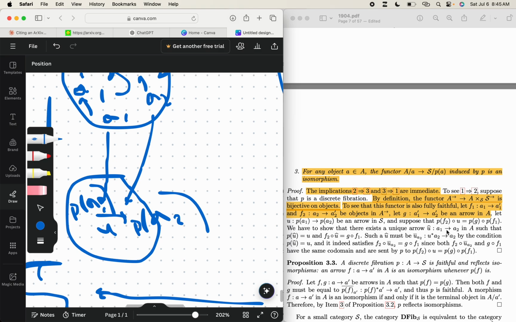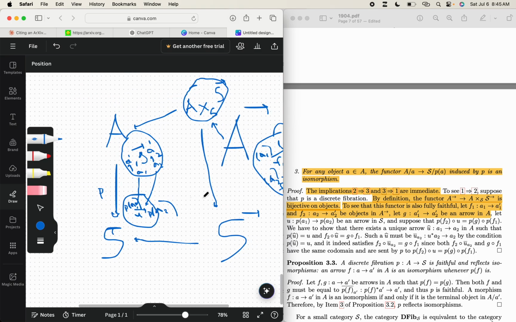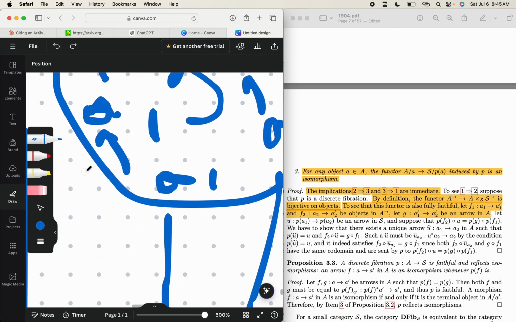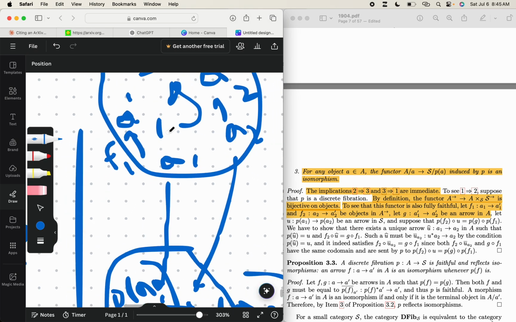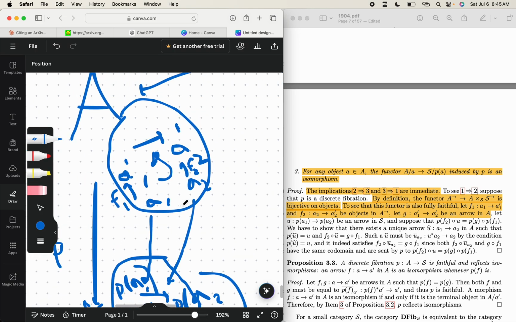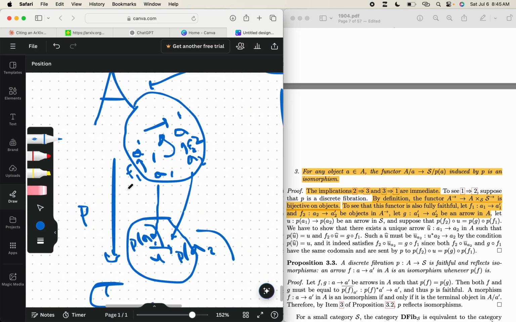Now we have the functor. Yeah, let's see. Yes, so this is F1. Here we have F1 and F2. And our discrete fibration maps. Wait, so P of A is here. Think about this. So if we're mapping them, let's see, this goes to A1. So if the functor maps this morphism, then it means that we have this,